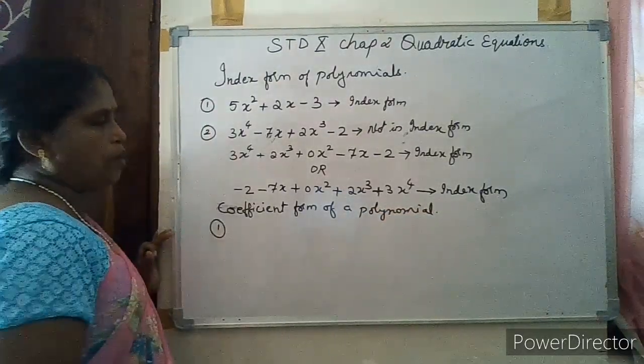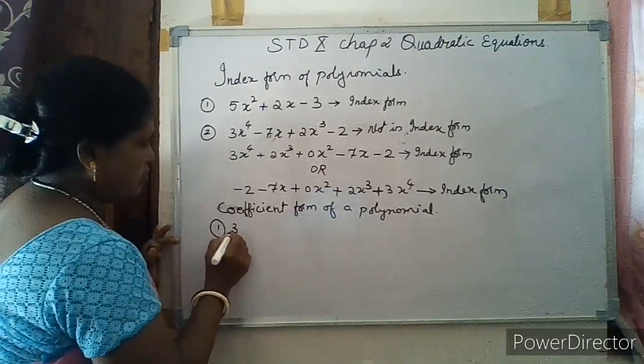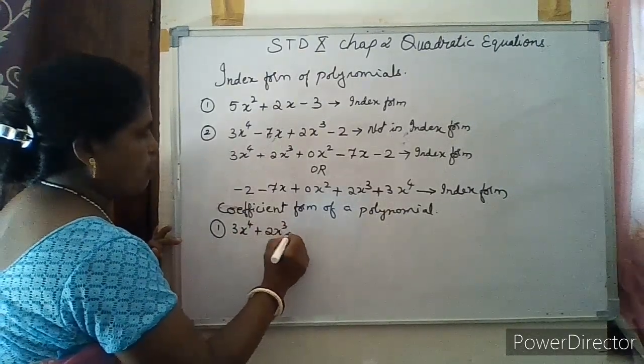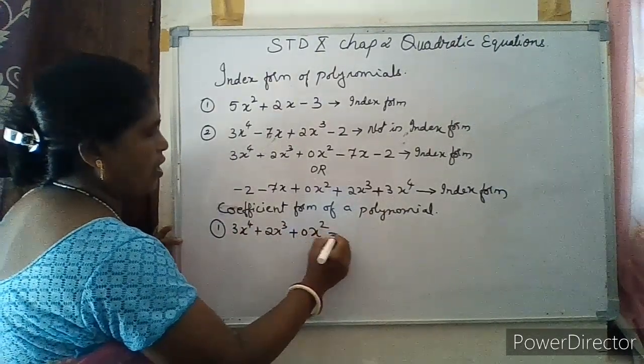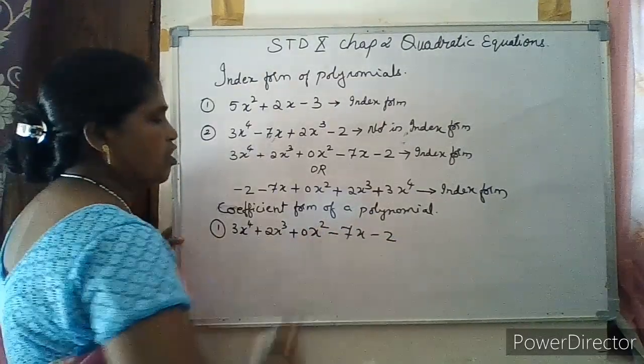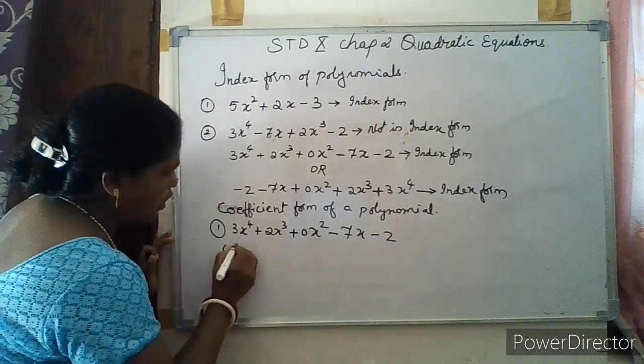Coefficient form of the polynomial. Example: if I take 3x raised to 4 plus 2x cubed plus 0x squared minus 7x minus 2, it is in the descending order of the power of the variable. Then the coefficient form will be